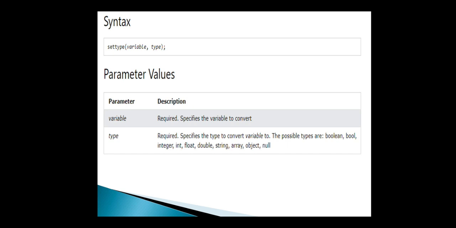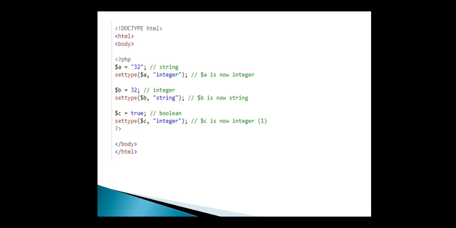Next you can see settype. For settype we have variable comma type. Variable specifies the variable to convert and type specifies the type to convert the variable to. The possible types are boolean, integer, float, double, string, array, object and null. Here you can see one small example of how it is converting. HTML, <?php $a = 32; settype($a, "integer");